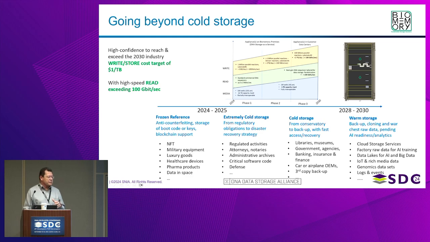This allowed us to shape a strategy and a roadmap in terms of use cases. Today, we already sell and produce DNA for very small amounts of data for things like tagging, anti-counterfeiting and identification, NFTs. That's the kind of activity we do today. Next year, we'll be able to have an official commercial offer for write as a service and DNA storage as a service, but still for quite a limited amount of